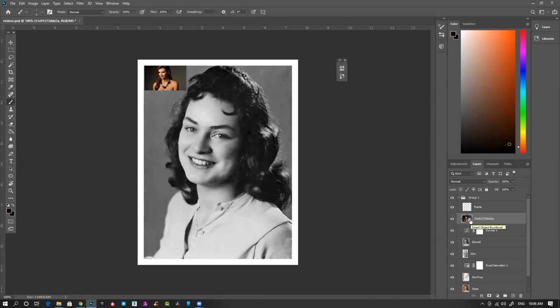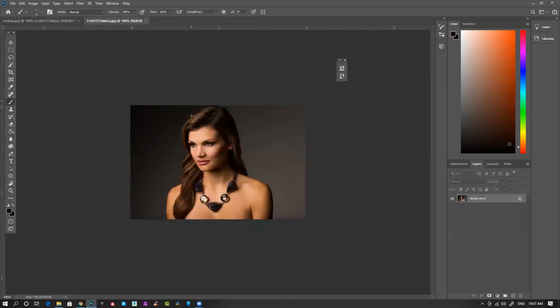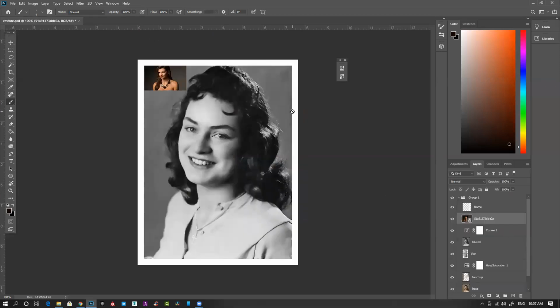It means it's a smart object and it retains all the details, no matter what you do with the image, whether you increase or decrease the size. It will always retain the actual image in a separate file. If you double click on this, it will open as a separate file entirely. So this is basically a source image, and it's calling from that source image to here.